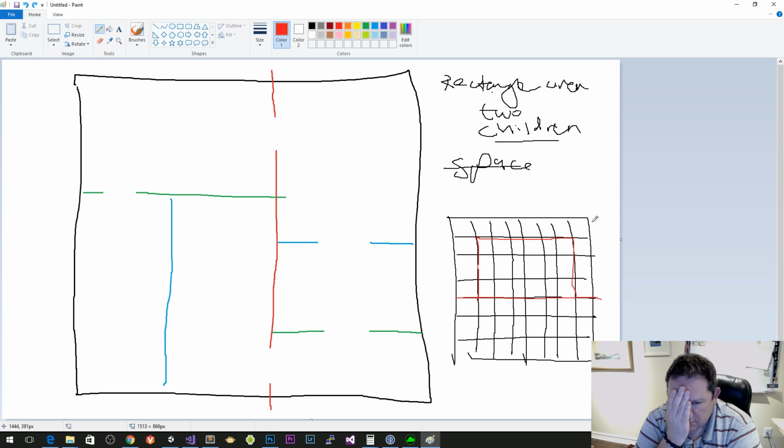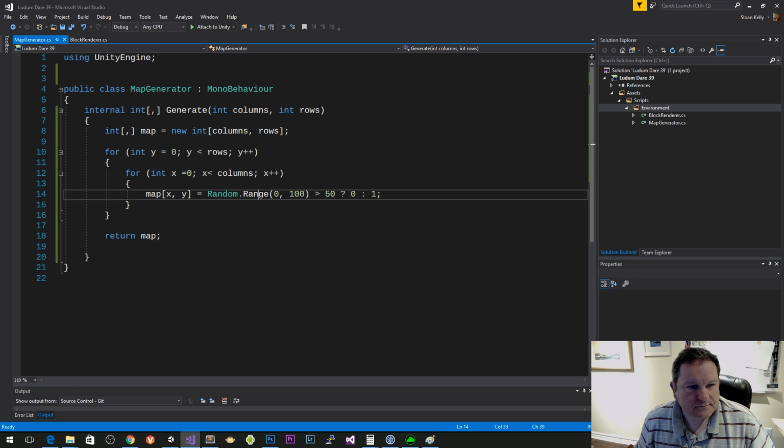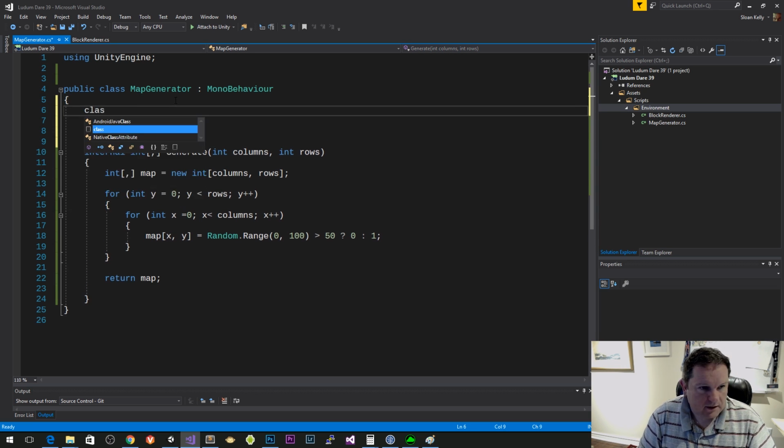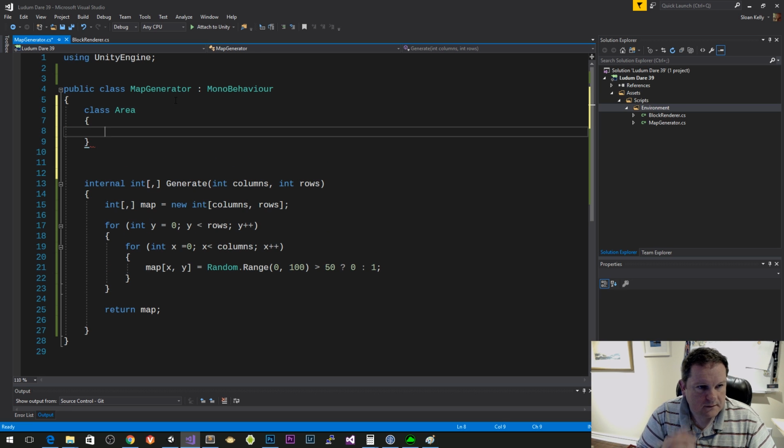Okay, so divide by 2. Okay, let's start coding and see what we get. Right, so our map generator, we're going to have, let's call it area. And that area, maybe just have double walls. The hell with it. I don't want double walls though. Okay, so area is going to be